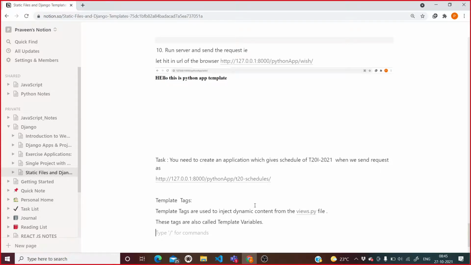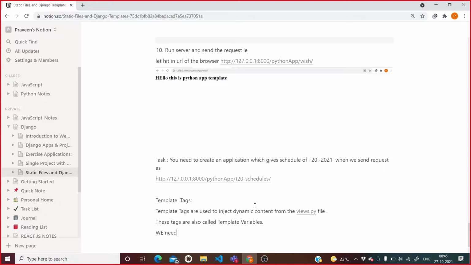In front end we write general HTML, as well as some JavaScript. But the template tag is different from HTML, and from Python also. That's why while writing template tags we need to take special care.